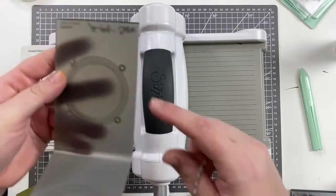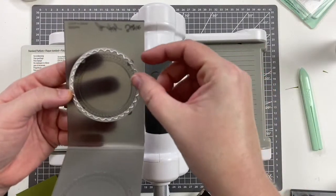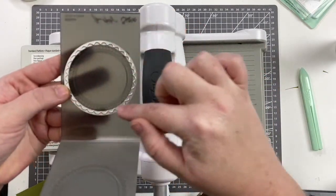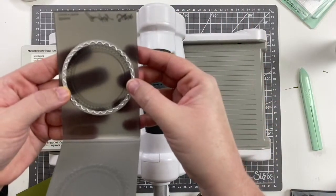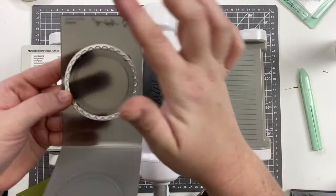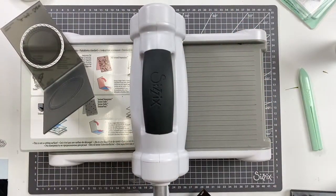And you've got magnets embedded in the folder. And basically what it does is it allows you to snap those dies into place around the embossing feature so that when it cuts and embosses at the same time, it'll cut out the scalloped edge, but it will emboss the center. So because it is a 3D embossing folder,